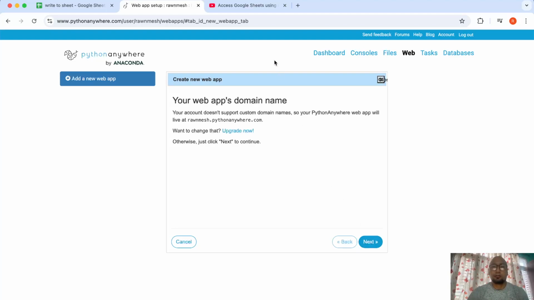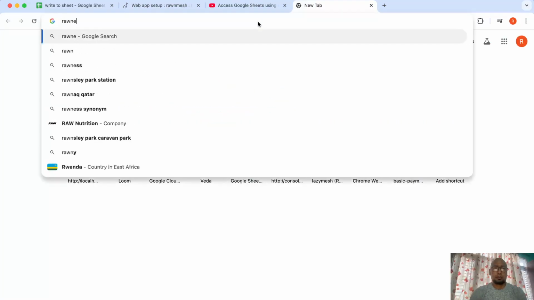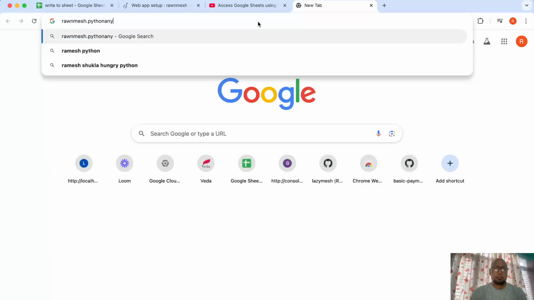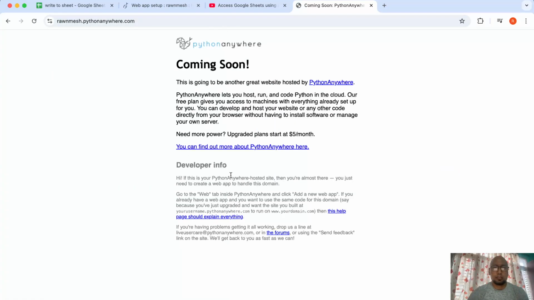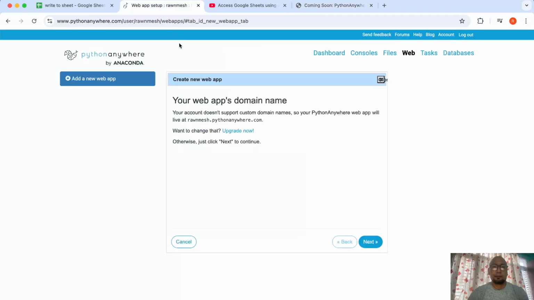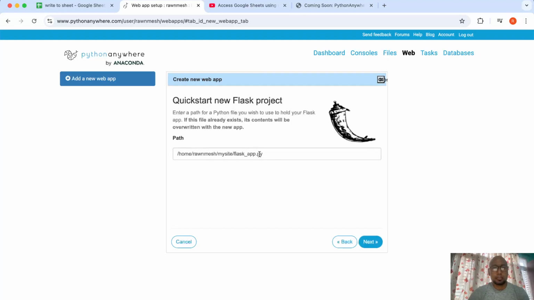Now, in the sign up form, you saw that my username is shown here, and the URL will be username.pythonanywhere.com. Then you go to next and choose Flask. You can choose any one that you are comfortable with. I choose Flask, and I'll choose the latest Python version. It will create the main Flask app